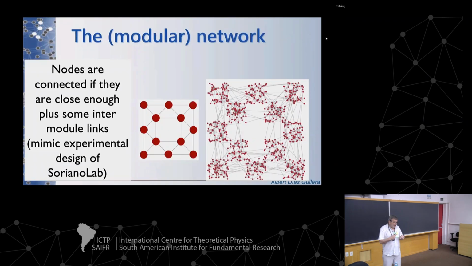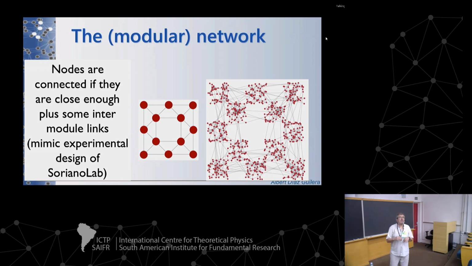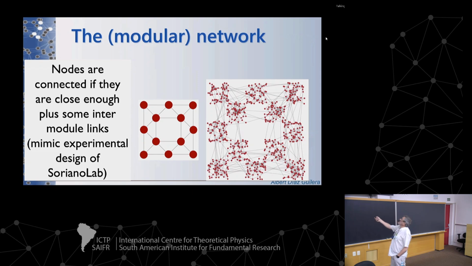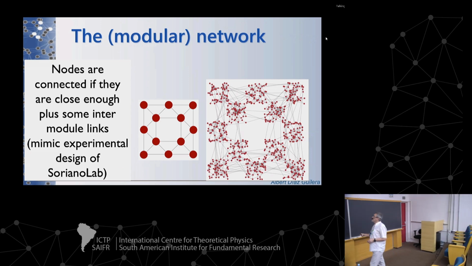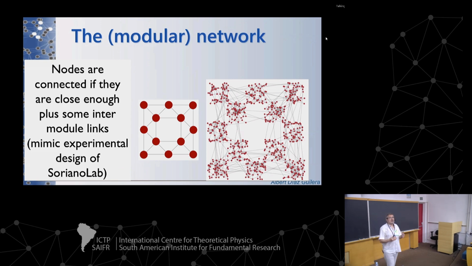So we're talking about simulations on a computer, but we are mimicking the type of construction that Jordi Soriano has in his lab. Here we have a collection of modules. This corresponds to populations of neurons that have been grown in a particular cell. These are the positions of the cells, and this is interpreted as how these cells are connected among them. So we have a usual kind of regular structure, but inside any of these populations, we can have a complex network of neurons.